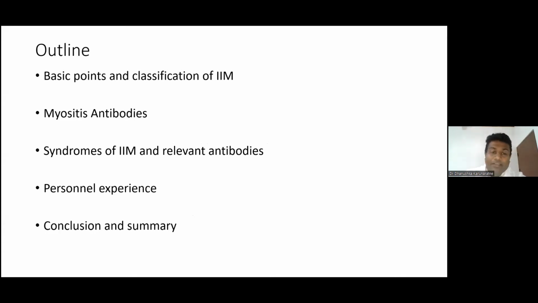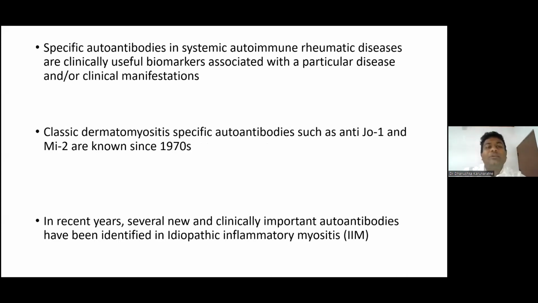And finally, the conclusion. Talking about any specific autoantibodies seen in autoimmune connective tissue disorders, they've been always useful clinical biomarkers to make a diagnosis, and they've been always associated with a particular disease and clinical manifestations. With regard to immune-mediated myositis, classically the dermatomyositis specific autoantibodies such as anti-Jo1 and anti-Mi2 have been in the clinical picture for more than 3 decades, since